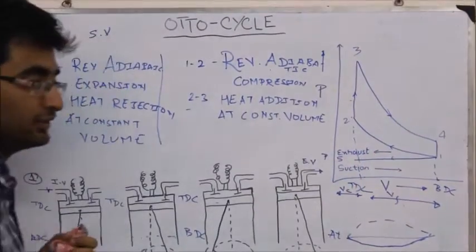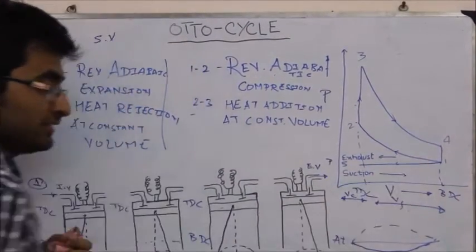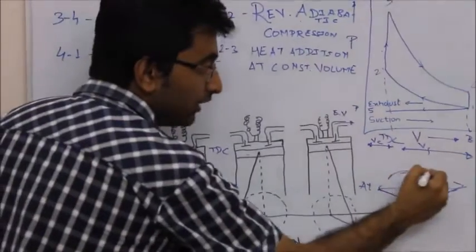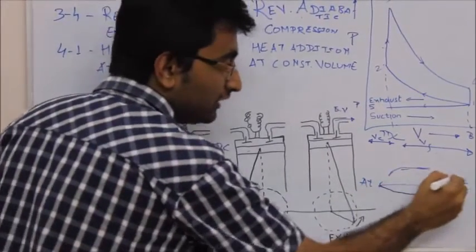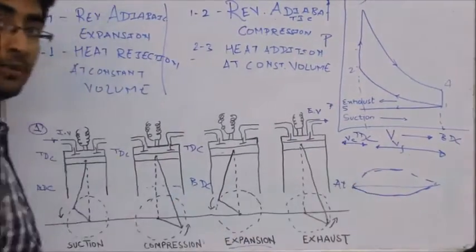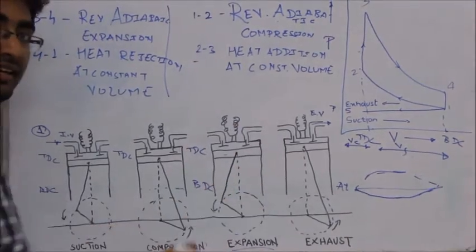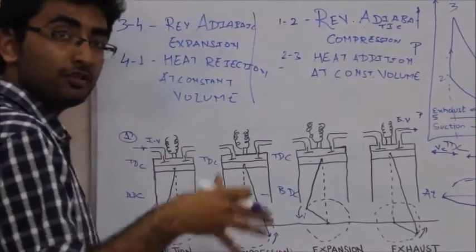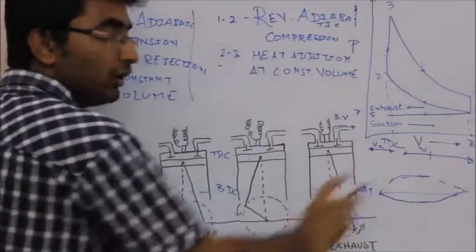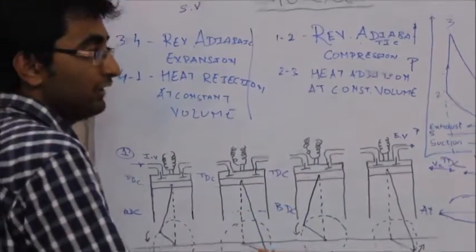And from 1 to 5, this is exhaust. Suction is like this and exhaust is like this. But actually, exhaust is like this. This is atmospheric pressure and exhaust is above the atmospheric pressure because the pressure inside the cylinder is actually high due to the presence of combustible mixture. So exhaust actually occurs above the atmospheric pressure.